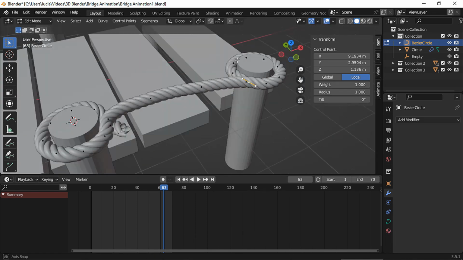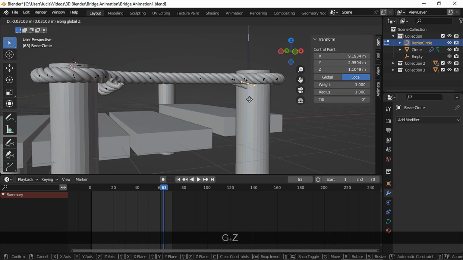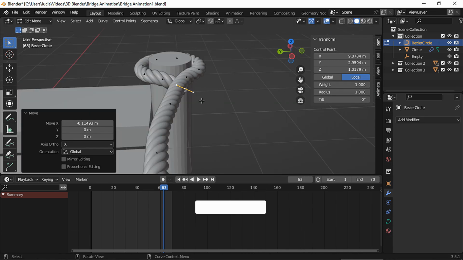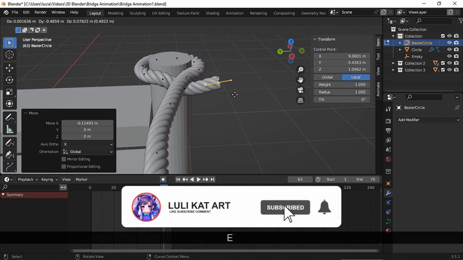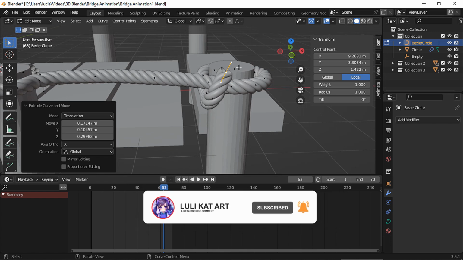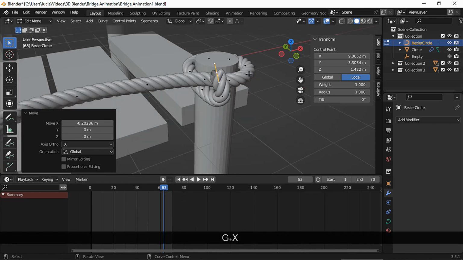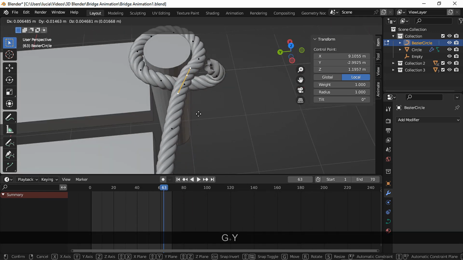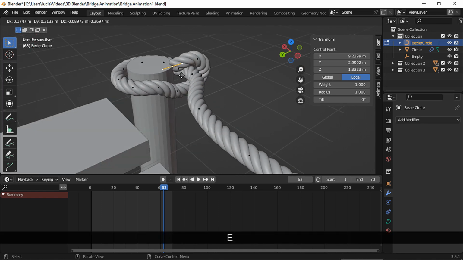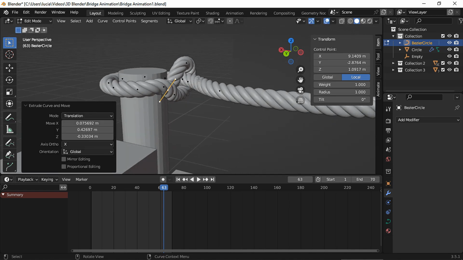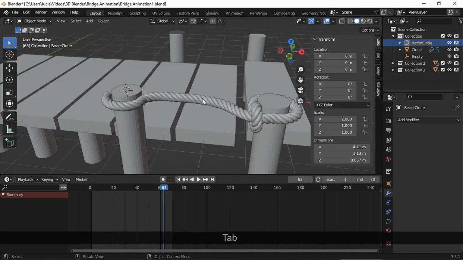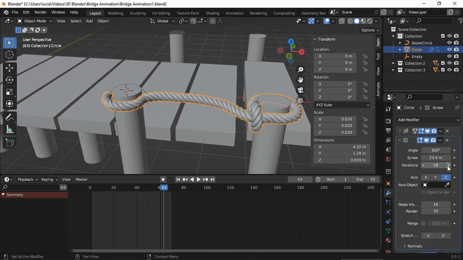Let's create the knot now. And again, we need more rope to continue working on the other side.